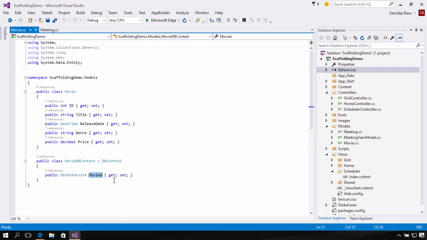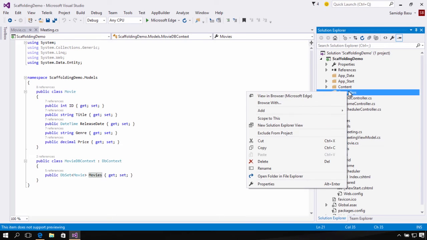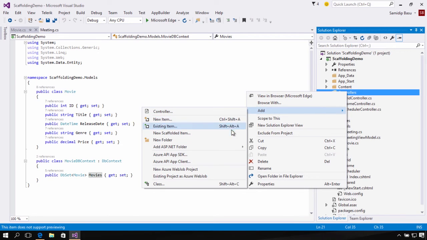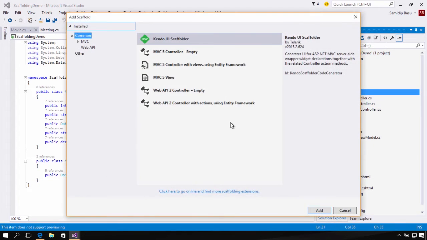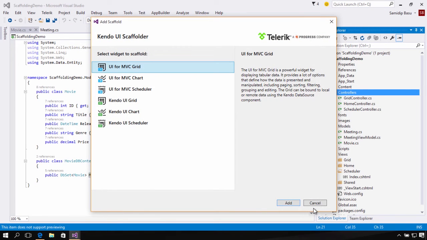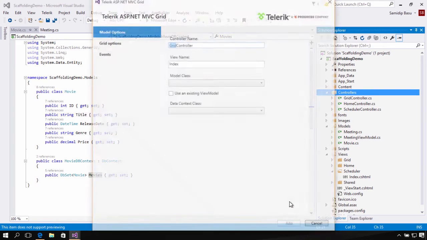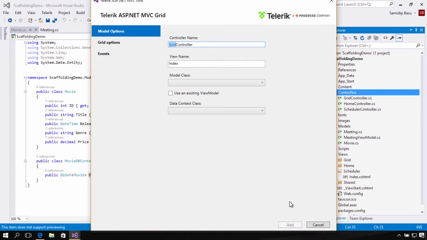So given my model and my DB context, here's what I can do. Go into my controllers, right click and say add new scaffolded item. Pick the Kendo UI scaffolder, go ahead and hit add. And now given my data collection, I could do either a grid or a chart. Let's do a grid. And this is where I get to set up my MVC grid with all of the